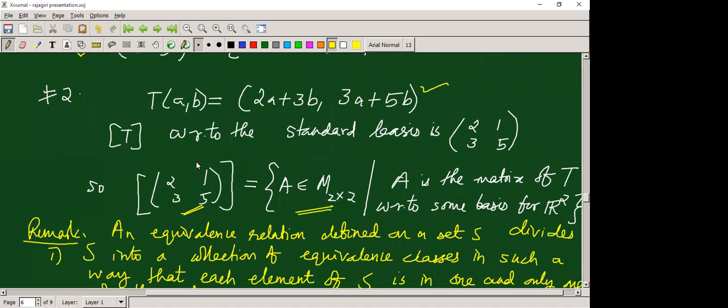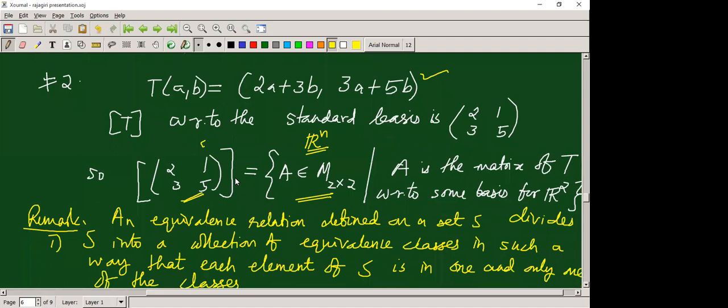And our question is, which one can be chosen so that we can represent this equivalence class in a simple way? In the previous problem, I mentioned that even though there are infinitely many n-dimensional vector spaces over R, they are all represented using Rn. So this is actually the canonical representation. Here also the same question arises. What is the canonical representation, or the symbolic representation, so that this equivalence class can be named using a particular matrix?